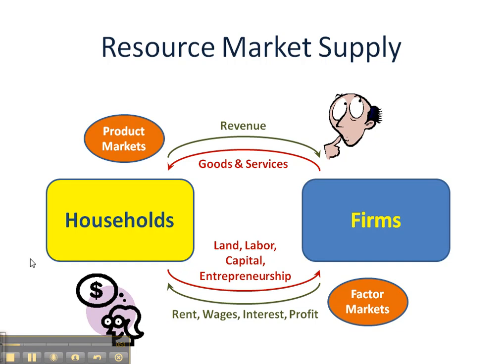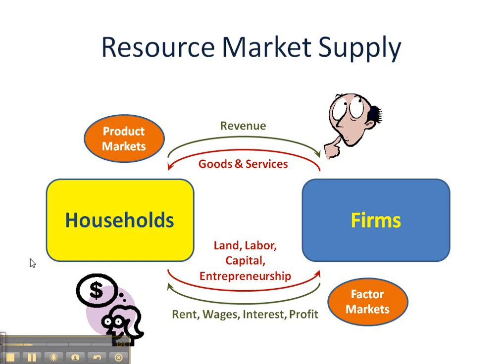They do so in the factor market, something that we introduced to you the very first week of class, and now we're getting back to again. In order to offer their resources, households have to give up some of their leisure time and go to work, or maybe they have to offer other types of resources that they have at their disposal in order to acquire the income. Quantity of resources that are supplied depends on the level of rent, wages, interest, and profits being offered